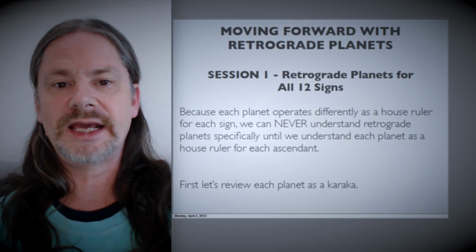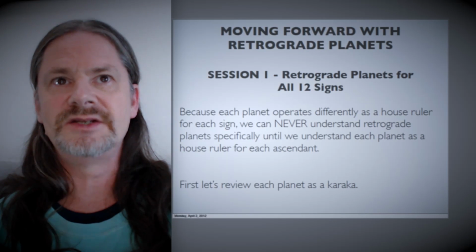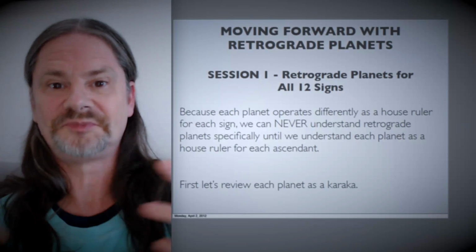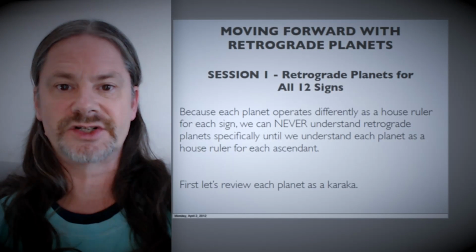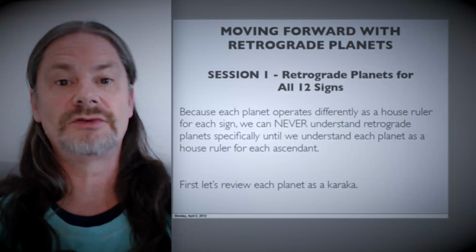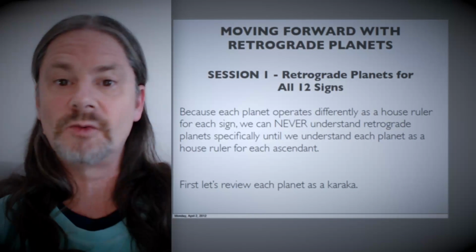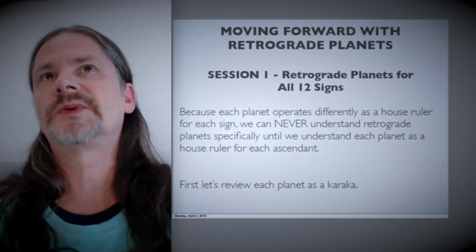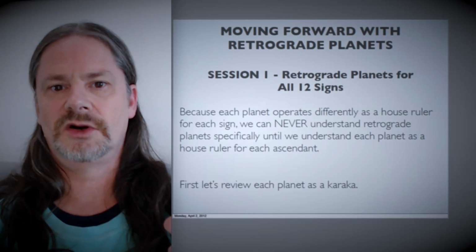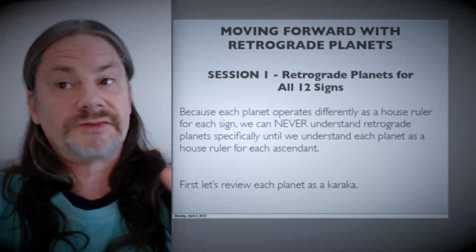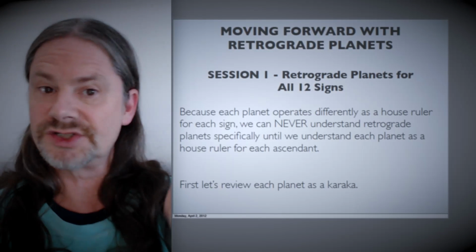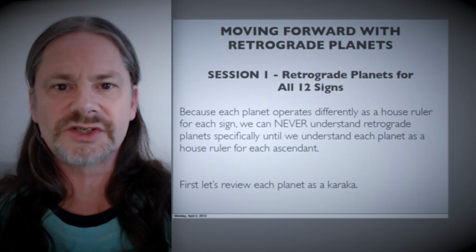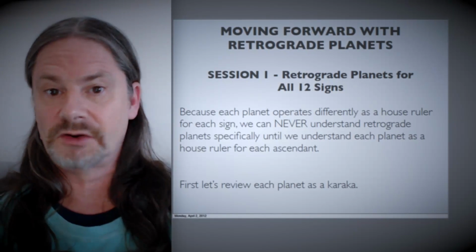And let's say that I can't get into the hotel until they arrive. So even if I move past them, we have hotel reservations and they have the key. So I can't get into the hotel until they get there anyway. So as fast as I might want to go, I still have to wait for them, right? This is kind of what the retrograde planet does. Even though our life is moving faster, we have to slow down and keep paying attention to that thing. I have to keep looking in my rearview mirror to see where the people in the slower car are, because I'm not going anywhere until they show up anyway.